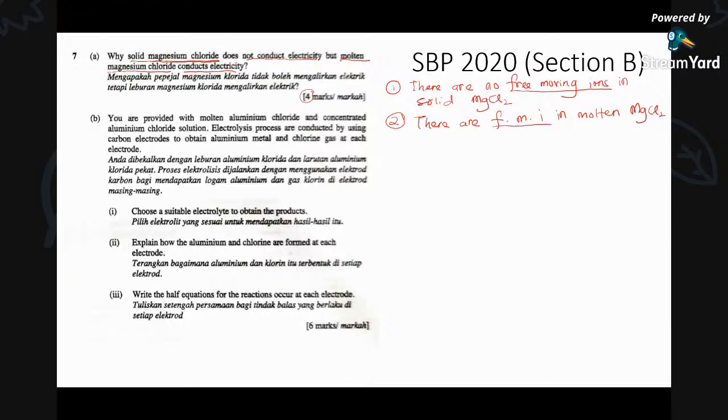Okay, so you write down in a full sentence. This is your keyword. So when they ask about conductivity, it means you have to explain in terms of free moving ions to say why it can conduct electricity. Okay, for the molten state, so you have to say